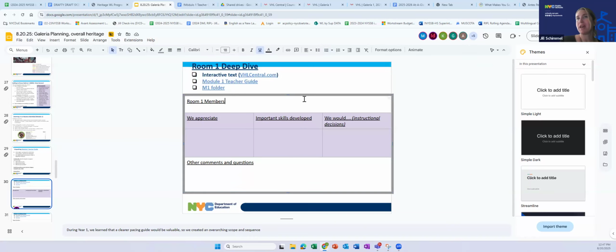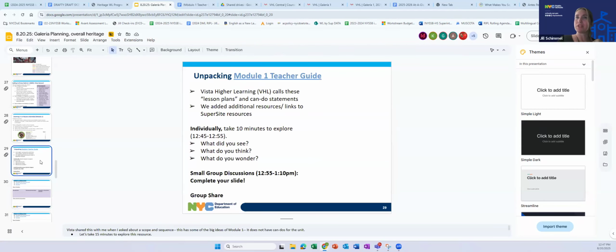Looking ahead, you're going to talk about what you appreciate in module 1, like the text and the important skills developed. Again, we're zooming out, more backwards design, and things you would change, how you would sequence things. That's what you're going to do next. But right now, please zoom in and individually think about what you see in the teacher guide.